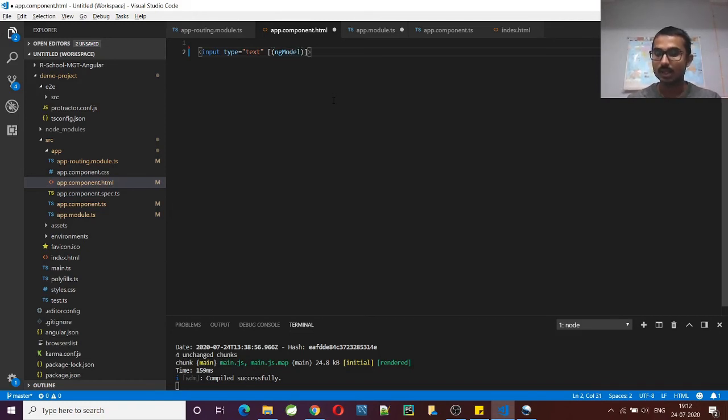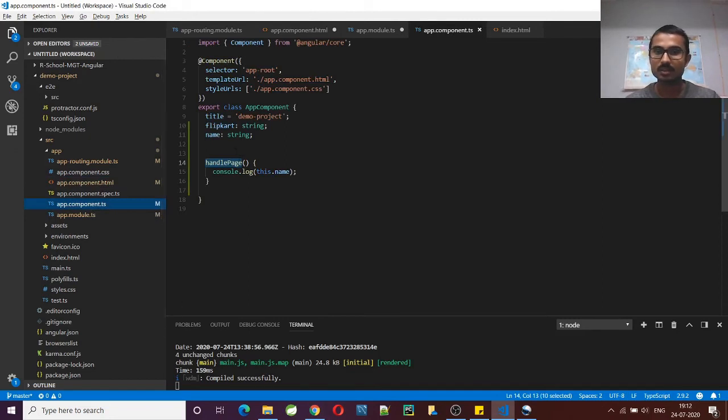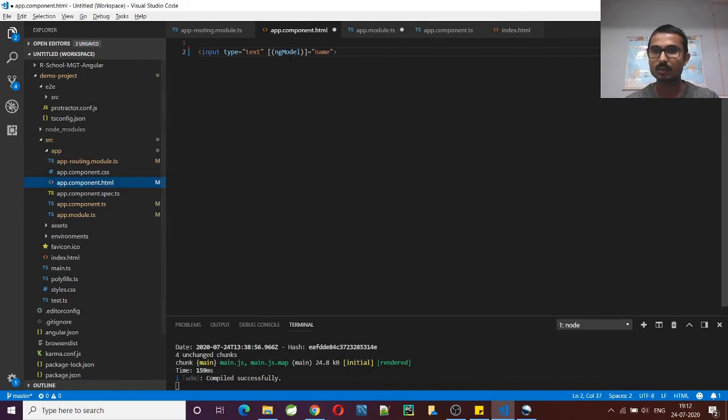And this will be bound with a variable that is there in our component. So in our component we have one variable, the name variable, that I'm binding with HTML using this two-way binding as a property.